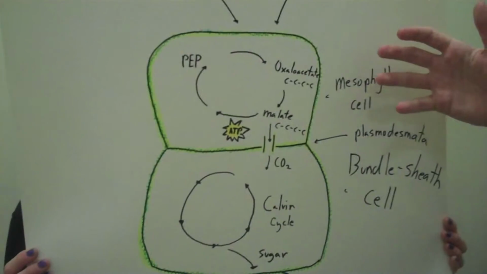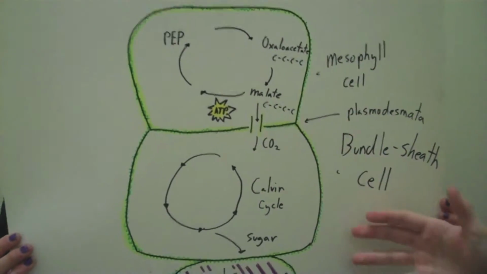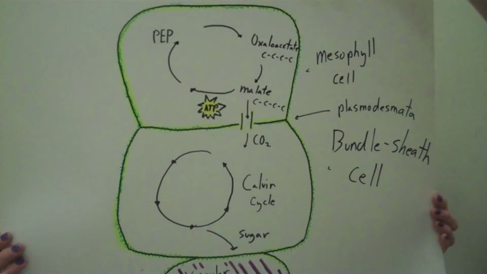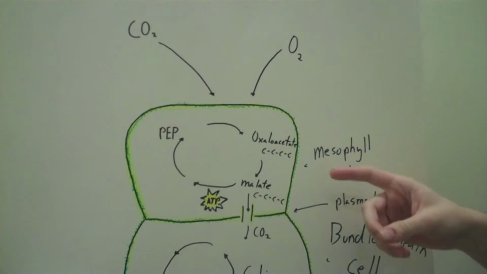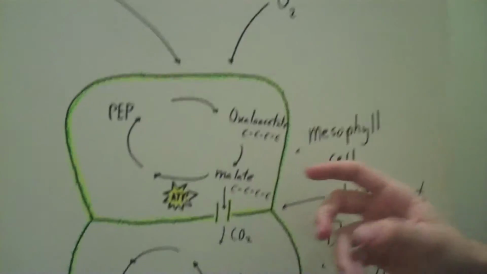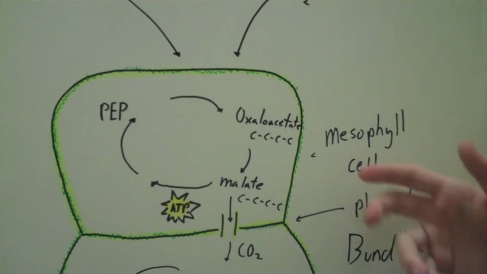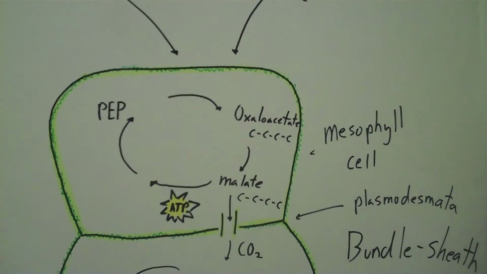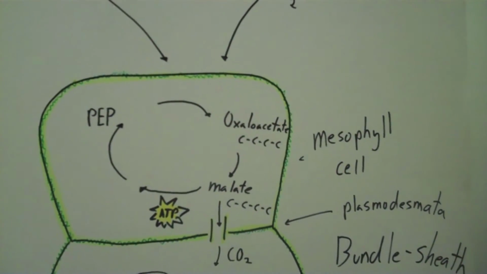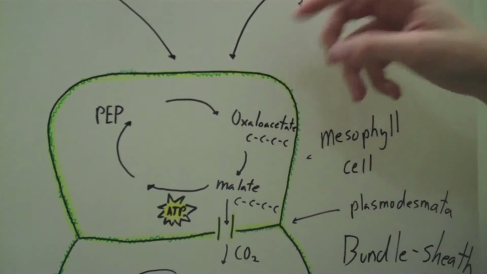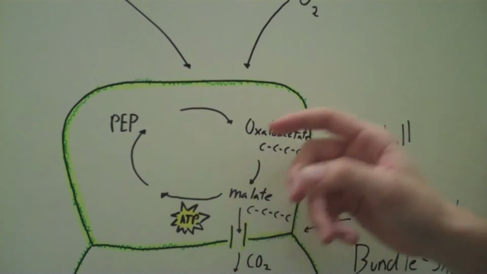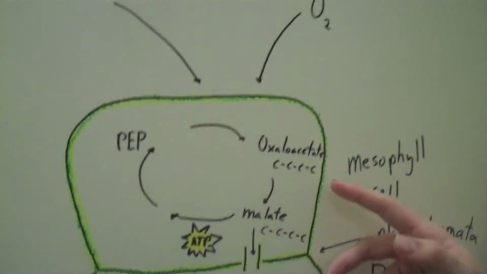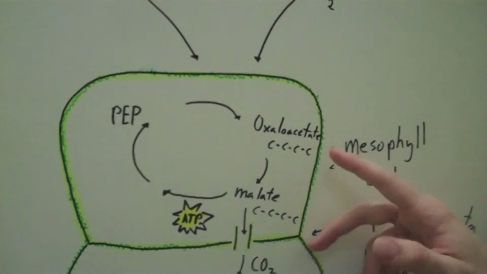So, what this does is it removes the Calvin cycle, which takes place in the bundle sheath cell, from the immediate atmosphere. CO2 and O2 both enter into the mesophyll cell, in which there is a different enzyme distinct from rubisco, which is used in most plants, known instead as PEP carboxylase. This enzyme then takes PEP and fixates CO2 to create a 4-carbon molecule known as oxaloacetate, which then